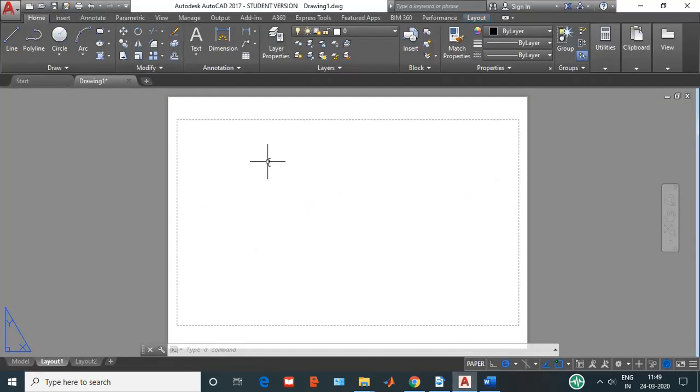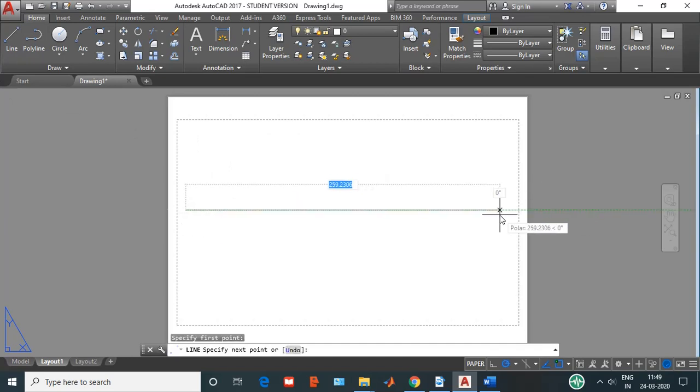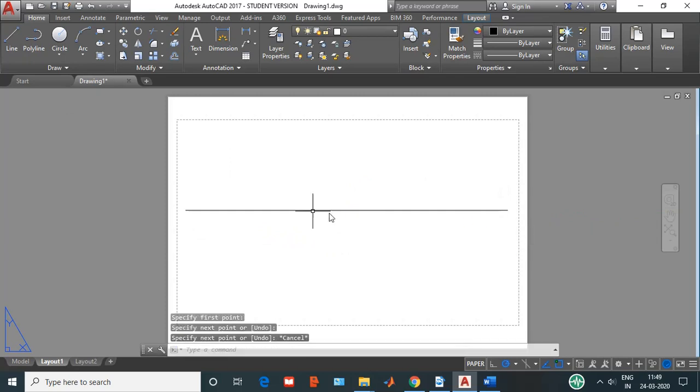This is the AutoCAD software wherein I have already made all the pre-settings which you are supposed to do before you start the drawing. Let us start solving the problem. Let us start with the first XY line. So this is the XY line, right?